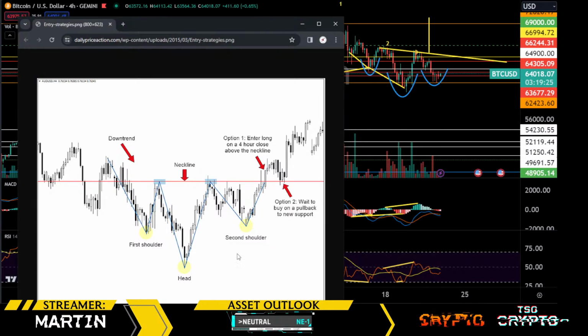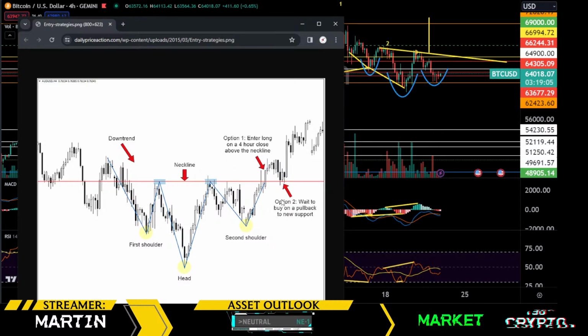So, yep, there we go. Okay, same thing. Wait for the pullback to new support. So here we go, right? You break, you wait for the pullback, and then you pump. It could just be that it runs. It doesn't have to come back and pull back, but you wait for that either for a confirmation or, you know, to see if it's going to break. If it's going to break, then you cancel the position upon a break below that and confirming that,